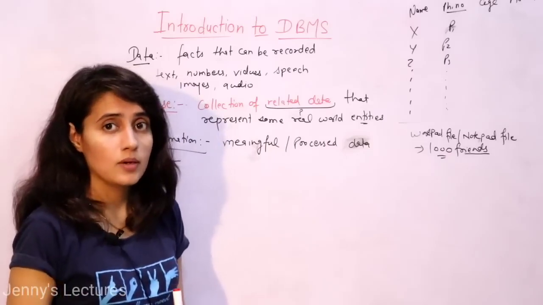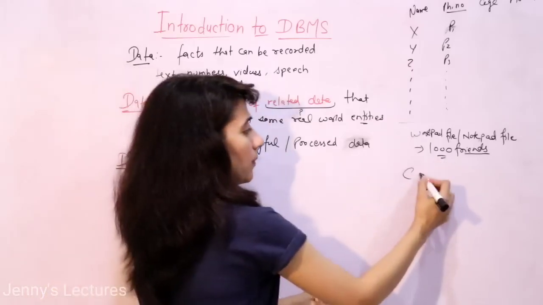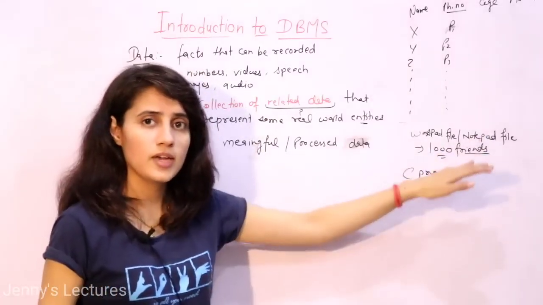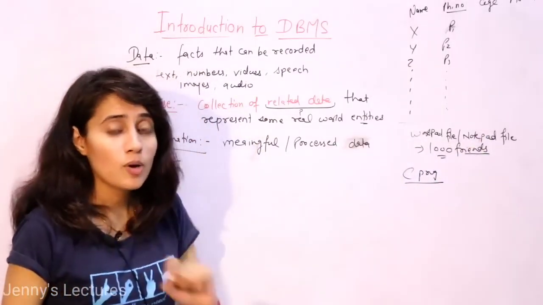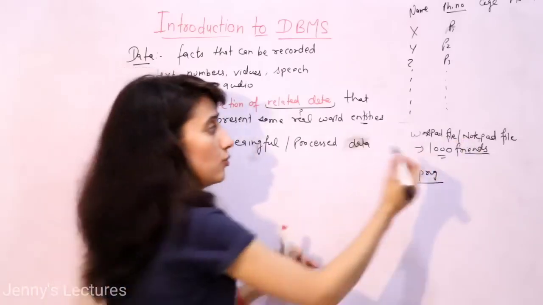manually, right? Now as I guess you know, by writing a C program you can access a notepad file. If you want to access a file, then you can write a C program and access that file. But here also the problem is what? For accessing that notepad file, you need to know the location of that file.